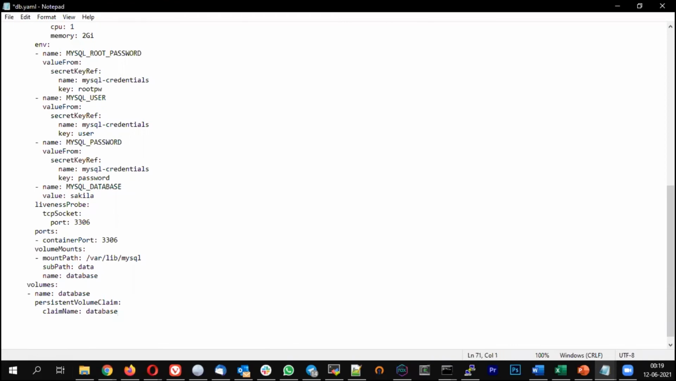Now let me expose this as an internal service, because a database you will never expose to the external world. So I'm going to expose this as an internal service. Let's do that. So apiVersion: v1 and kind is Service,